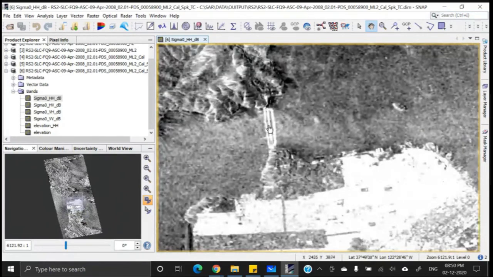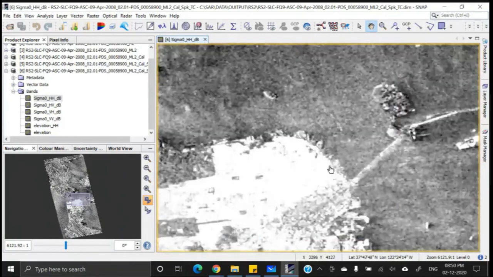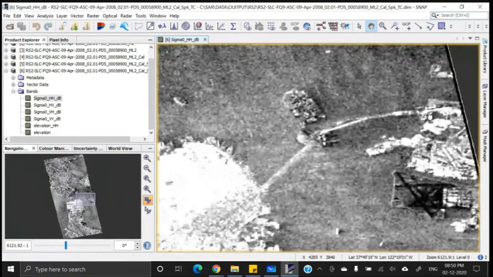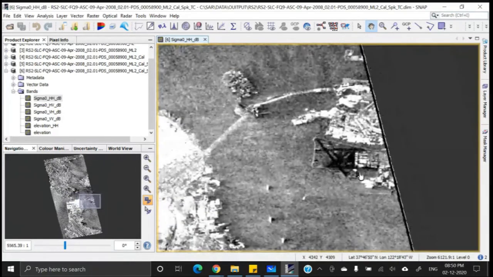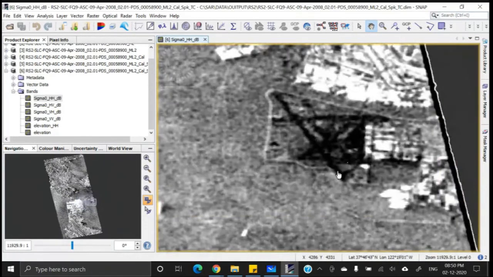Here we also have a bridge, and definitely there is a metallic structure because we have extremely high reflectance from the dielectric property. Here we have a runway, and because of the very smooth surface of the runway, this is basically an airport.